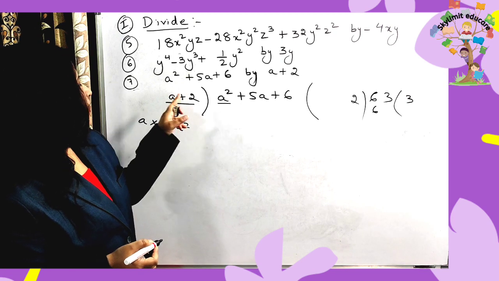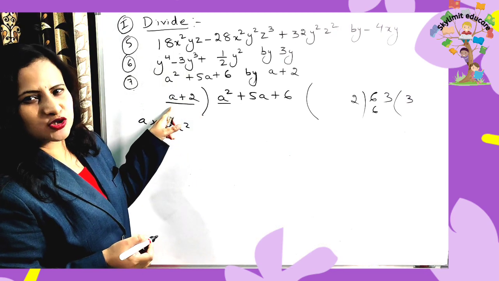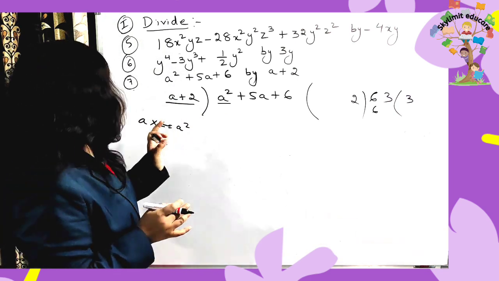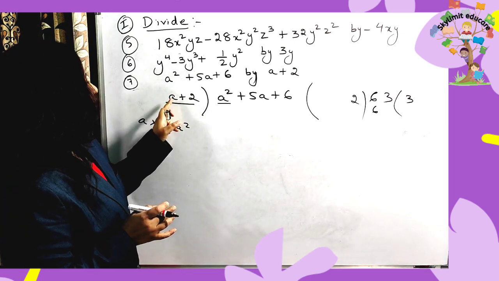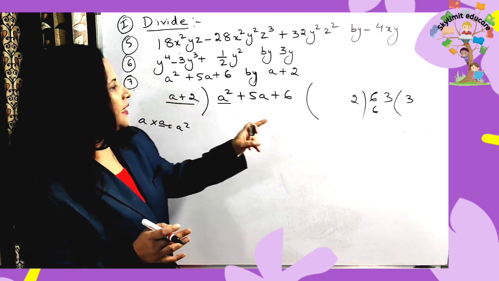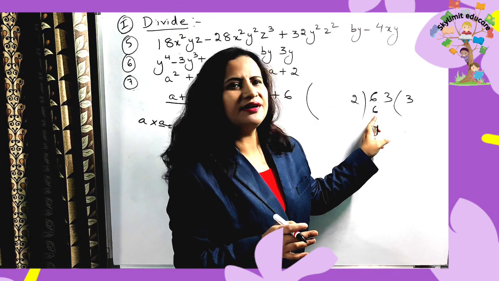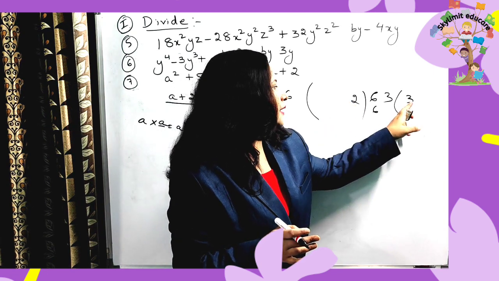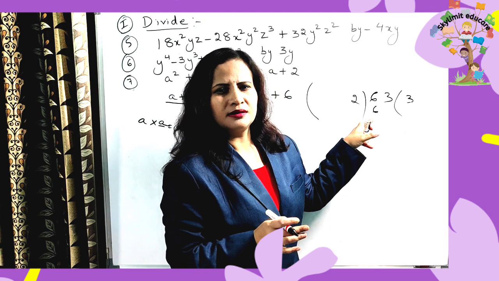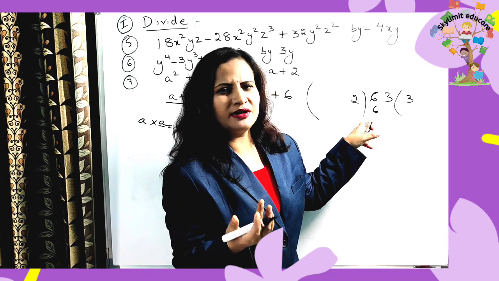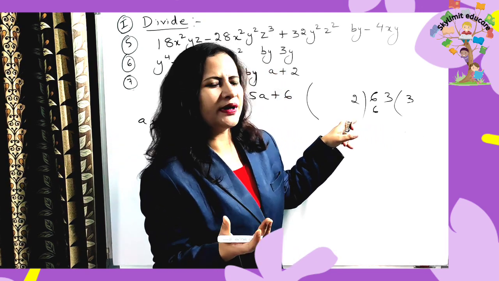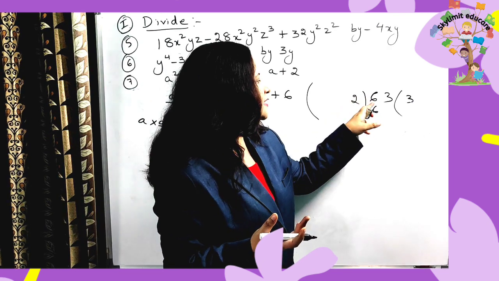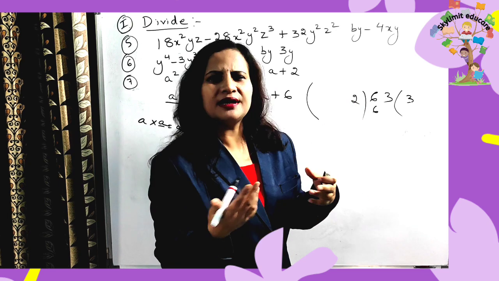So I have to get a square from this a. Please see this carefully, everyone. What should I multiply to this a? Something has to be multiplied. You are multiplying the divisor with something to get the dividend. Here in this case you are multiplying 2 with 3 to get 6. Normally when you have learned division, how to get 6? The first focus is on 6. How will you get 6 from 2? By multiplying 2 with 3.